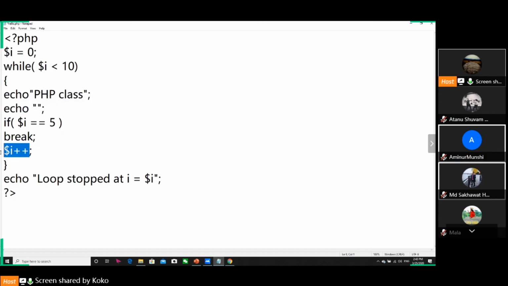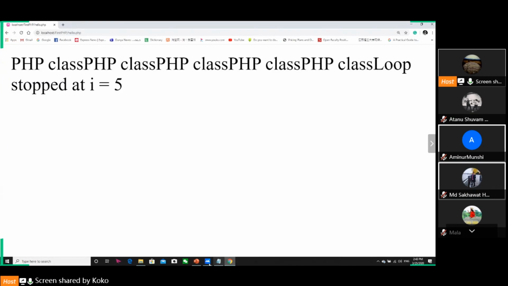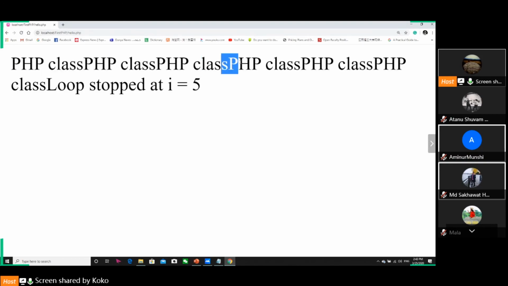4 times. Why? Because it's counting here, it's incrementing here. It will print 4 times, 5 times. So we need to check how many times our program is printing. Okay, 1 time, 2 time, 3 time, 4 time,